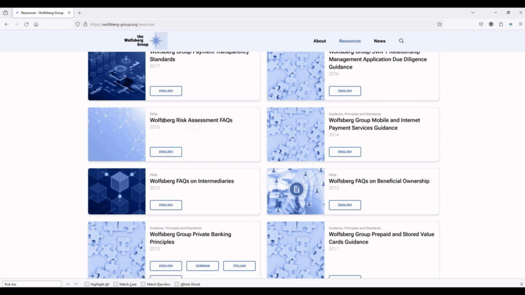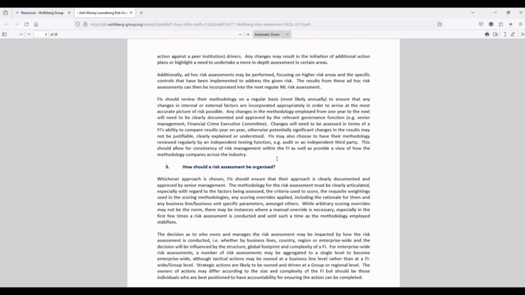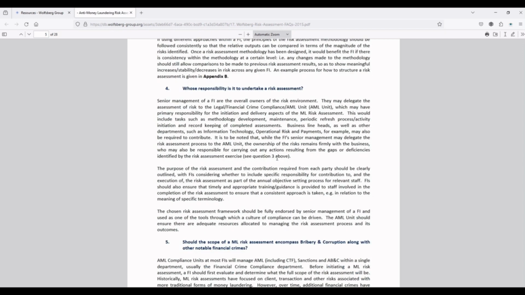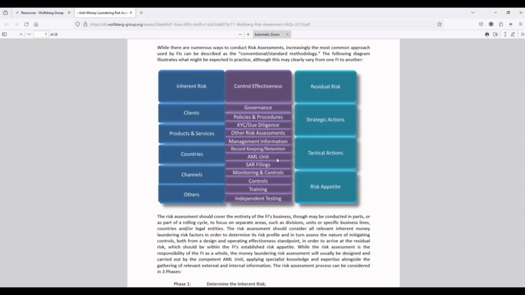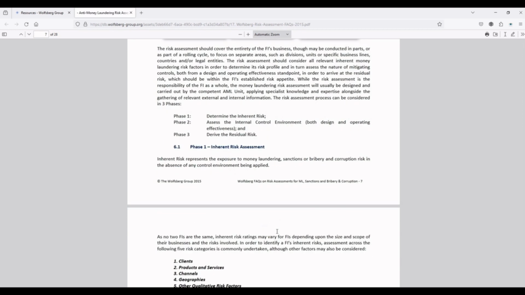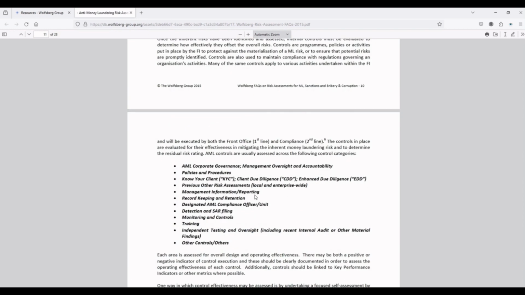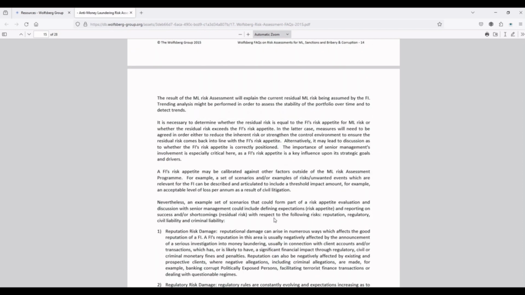So this is the Wolfsberg risk assessment frequently asked questions. This is a must-have important document for AML/CFT risk assessment, and if you go through this document, it talks about different risk factors, controls and calculation of residual risk. According to this document, there are actually four risk factors, and you can include other risk factors depending upon your organization. And the good thing about this